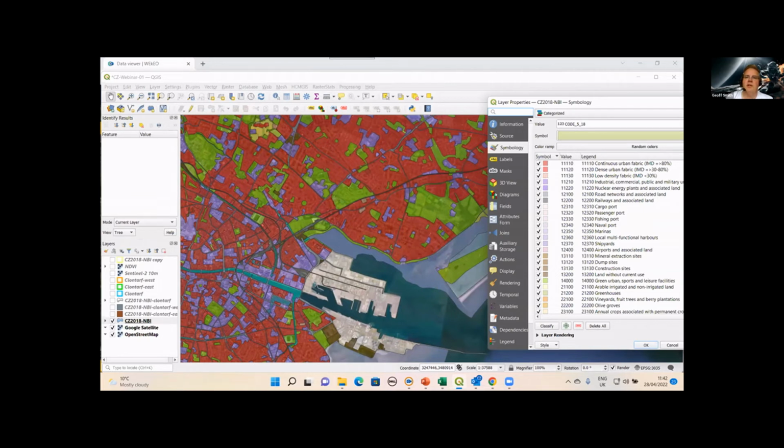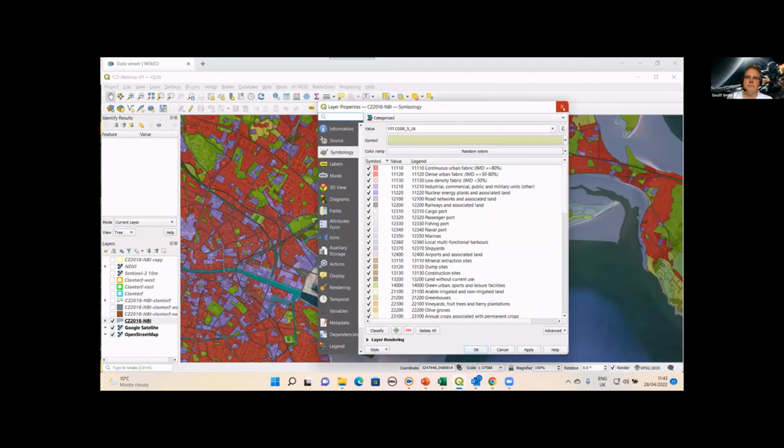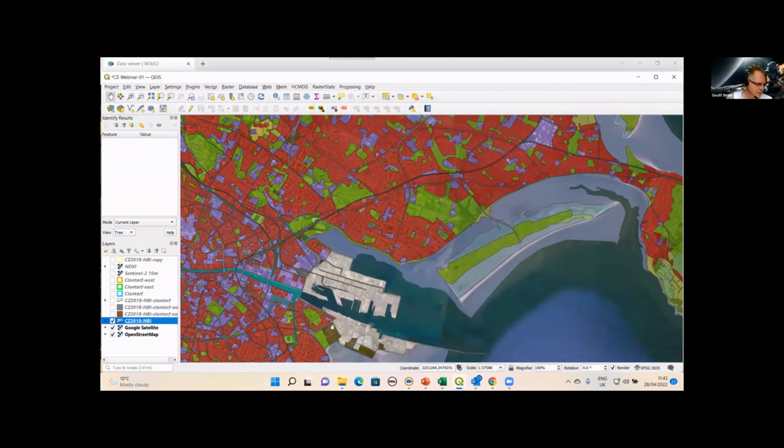And they're showing us where different densities of residential housing are, and we can see those street patterns within there. When we get to the purples, we look in the sort of industrial areas. So these are small patches of industry. And then the lighter colors are the port here, etc. And then there are some purples which relate to the intertidal habitats there as well. So I'll just close that.